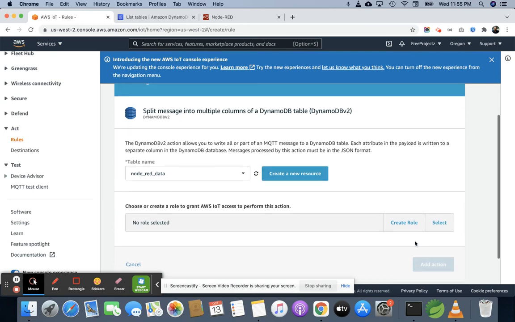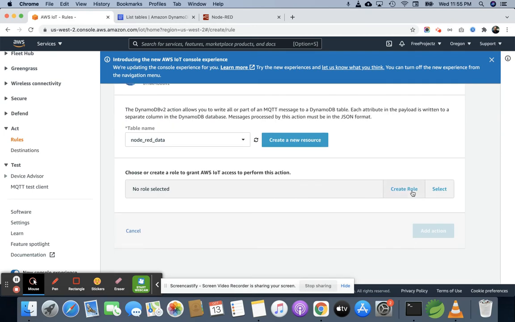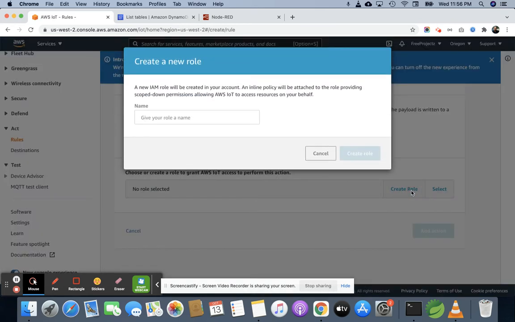Now it's asking for creating the role. Without a role you will not be able to insert the data, means the IoT client will not be able to insert data inside the DynamoDB. So create role. Here I am adding node red rule for DynamoDB.